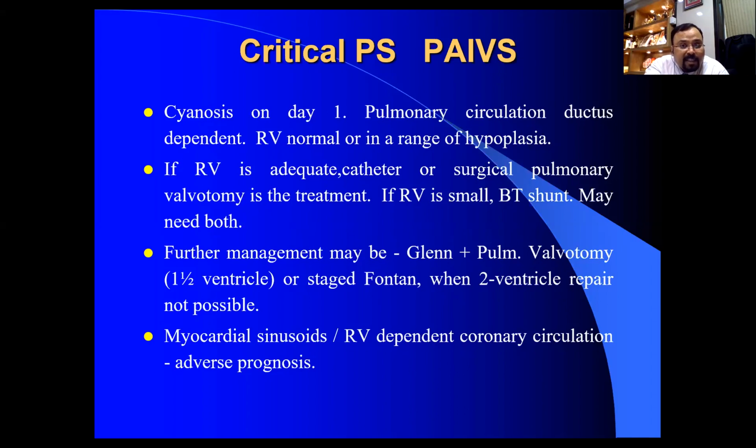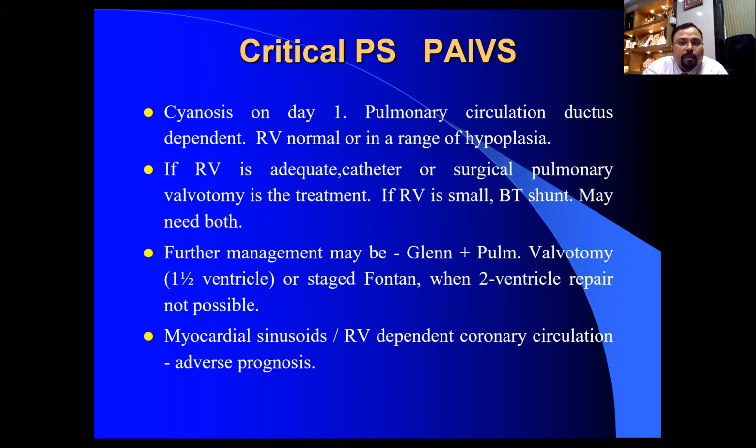In tricuspid atresia, we are saying this is hypoplastic RV. That means RV is only unipartite. Only there will be outflow portion. Because of atretic tricuspid valve, there won't be any inflow portion. There won't be any development of apical portion. So in unipartite RV, we are sending child for single ventricle repair. So that is Glenn plus Fontan pathway.